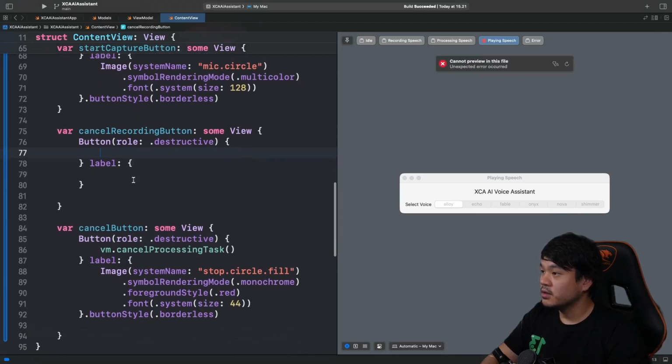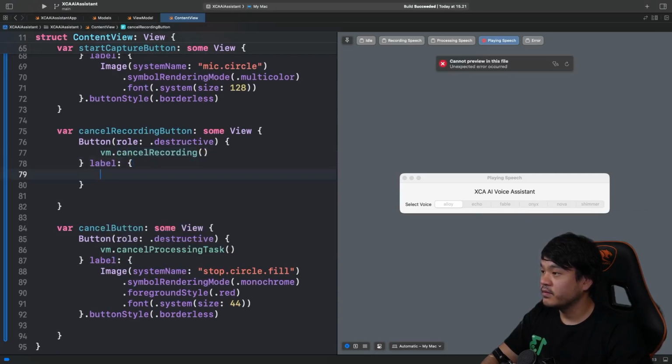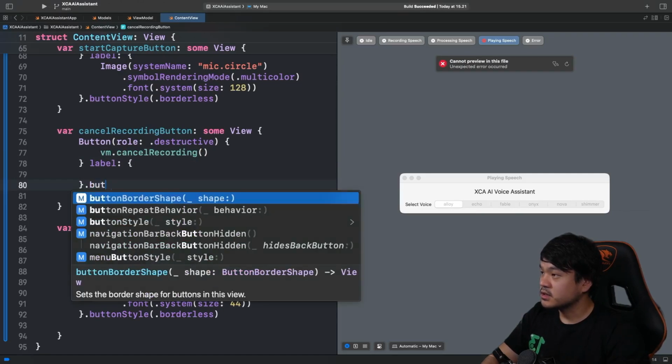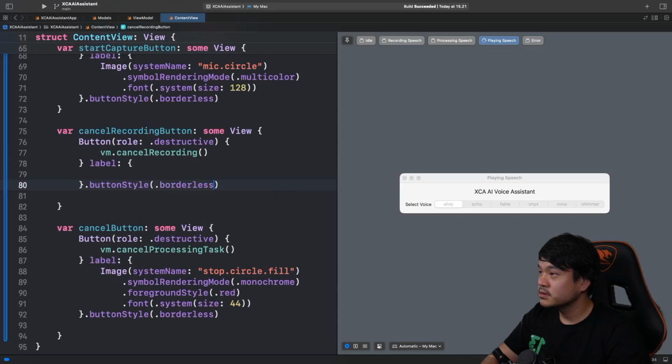Okay, for the cancel recording button, we can invoke cancel recording from the VM, and let's also set the button style to borderless. And in the label, let's declare image with an SF symbol of xmark.circle.fill.